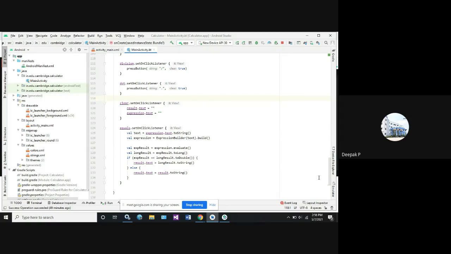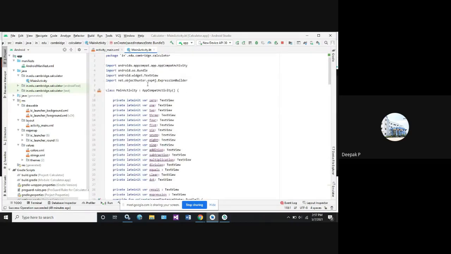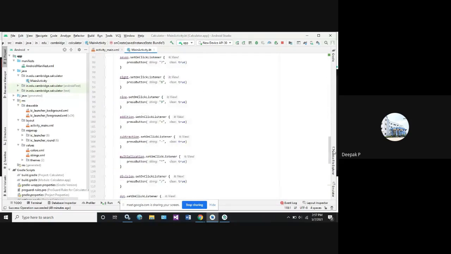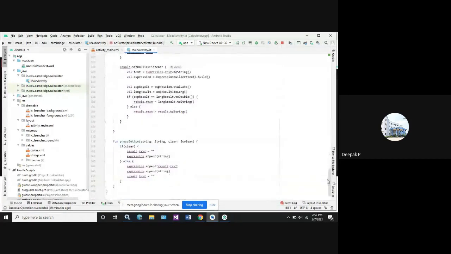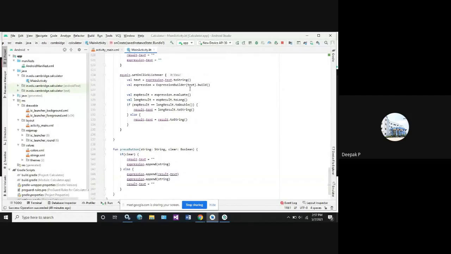It starts to build the data. Once the data has been built, it has to evaluate. So in the build feature, the data will be loaded in memory. Now I need to get the result. So expression result equal expression.evaluate. Evaluate means we have another feature that we have imported, called expression 4j, exp4j. So this is my evaluation function. What it does is start to evaluate the built data. From the memory it picks the data values and it evaluates.